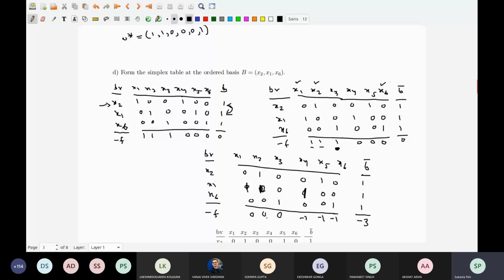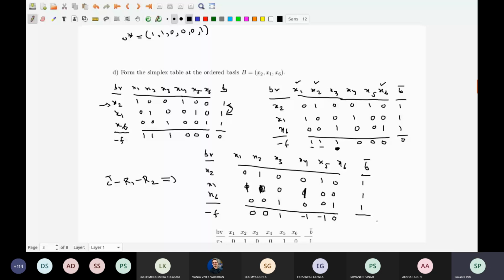So what you have done now is C transpose minus R1 minus R2. So you will get a 0 over here, you will get a 0 over here, the 1 here will stay. You will have a -1 here, you will have a -1 here, 0 as such was here, and this is not -3, this will be -2. That is why I had put a 0 over here. So what is this telling?